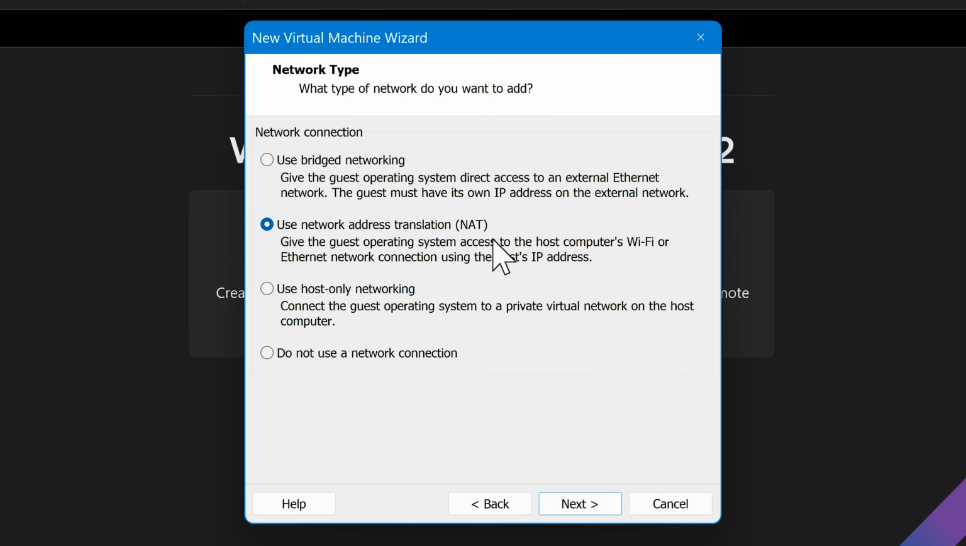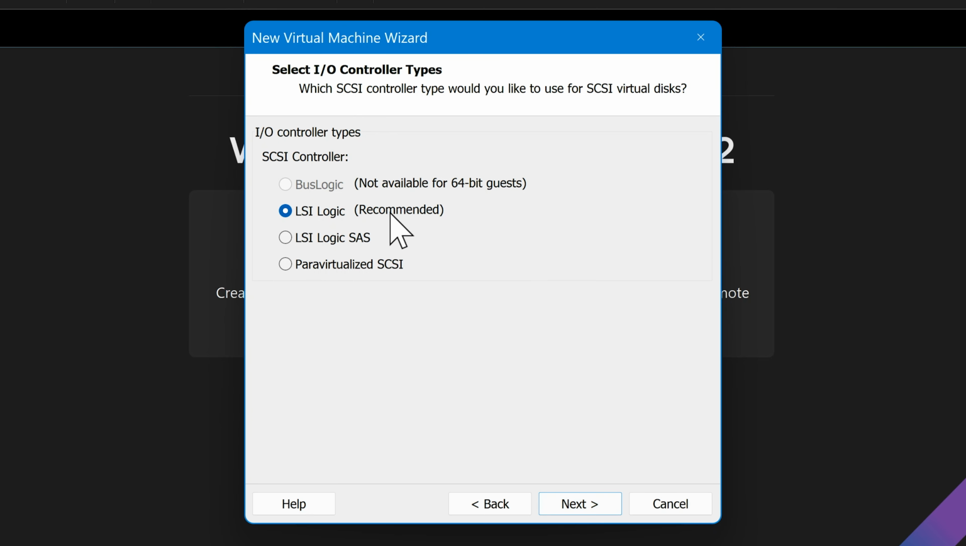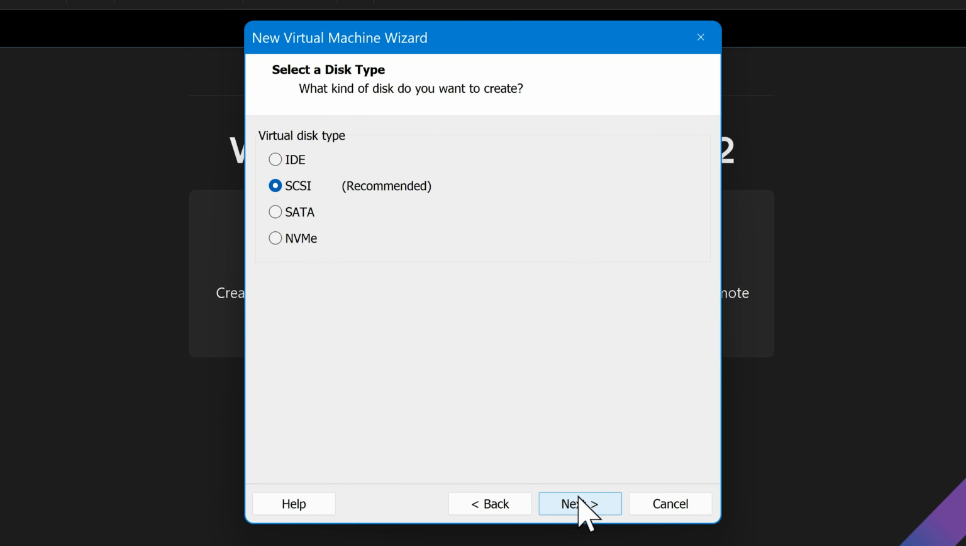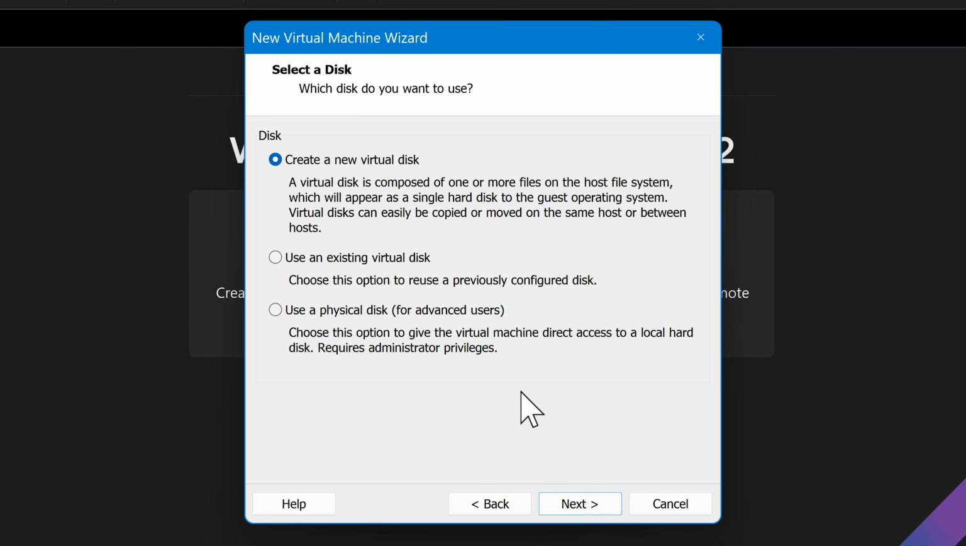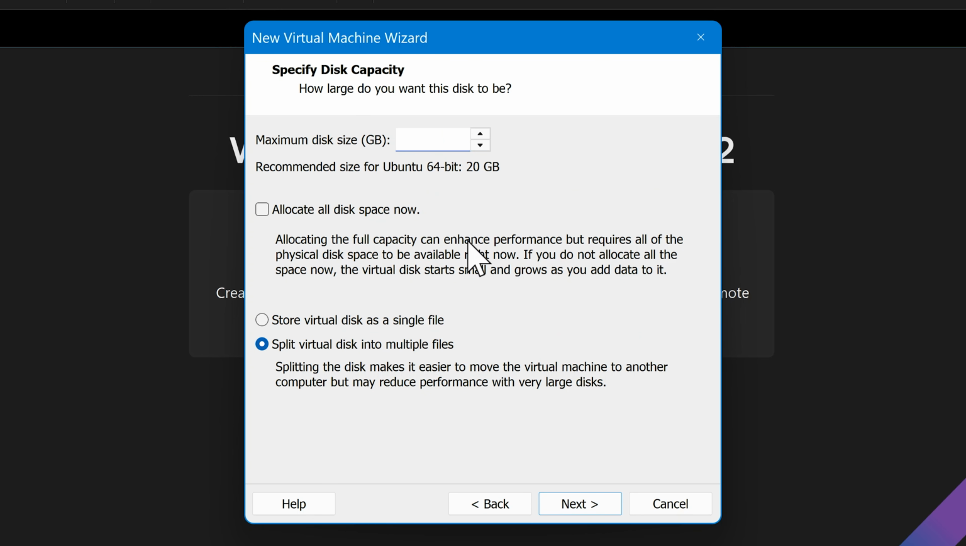Keep the network type as NAT, leave the controller as recommended, leave the disk type as recommended as well, then click on Next. For the disk, select Create New Virtual Disk and set its size to 40GB. 40GB is more than enough for Ubuntu,